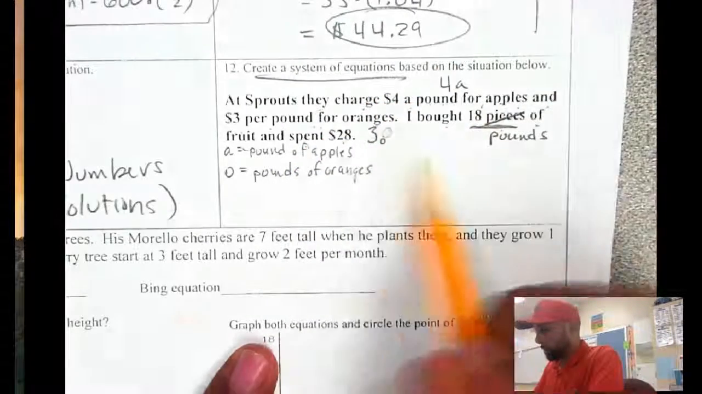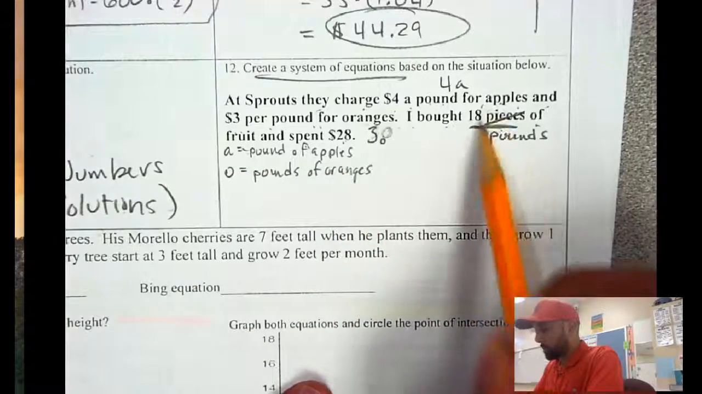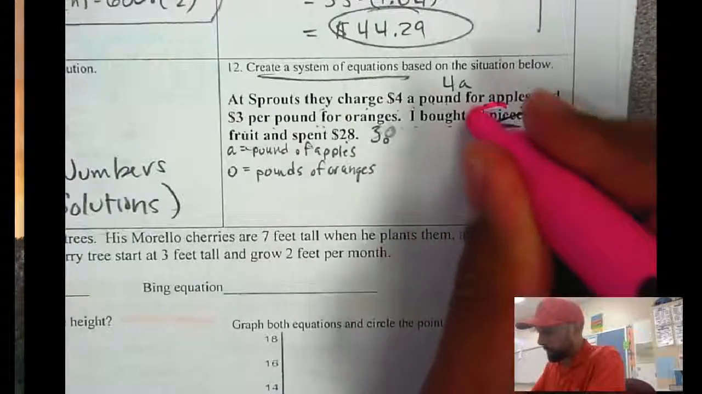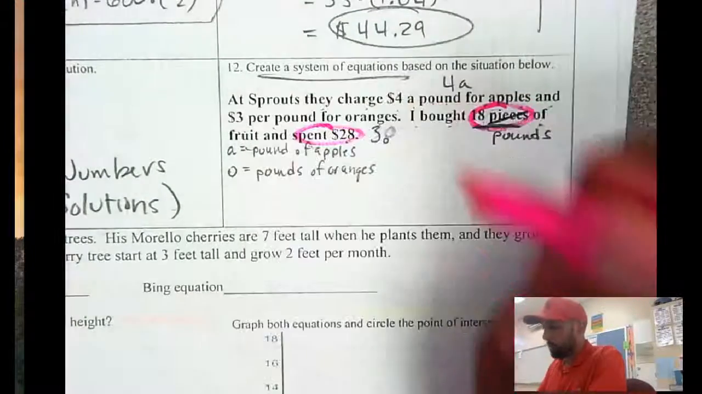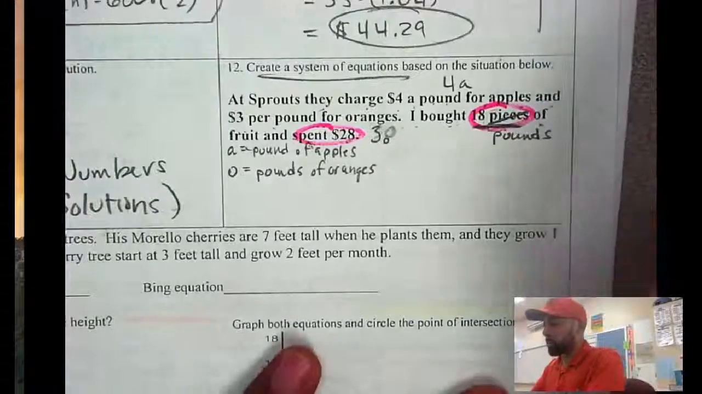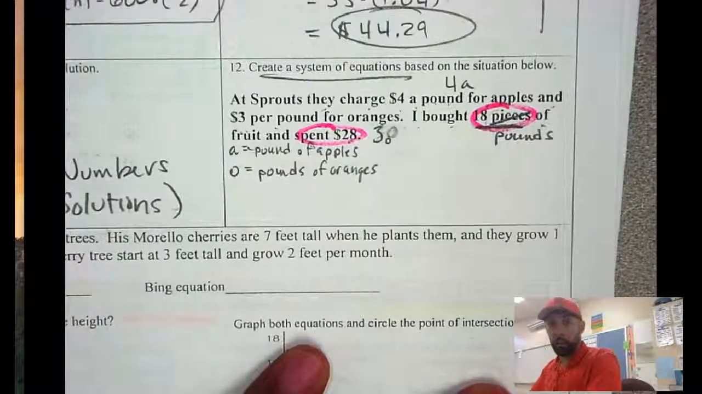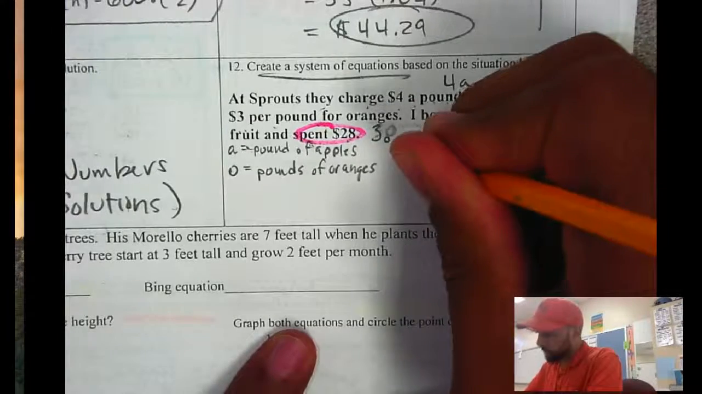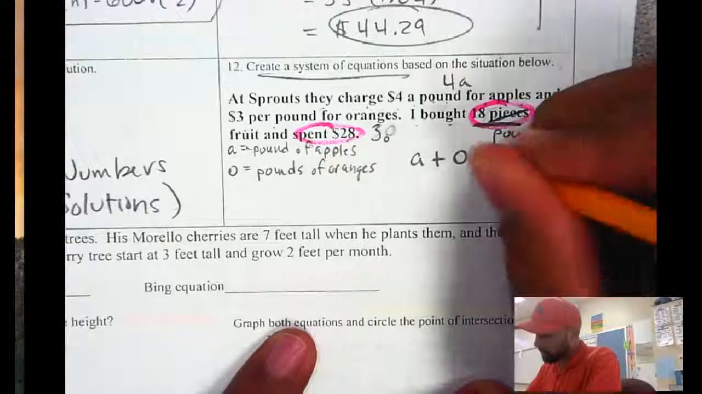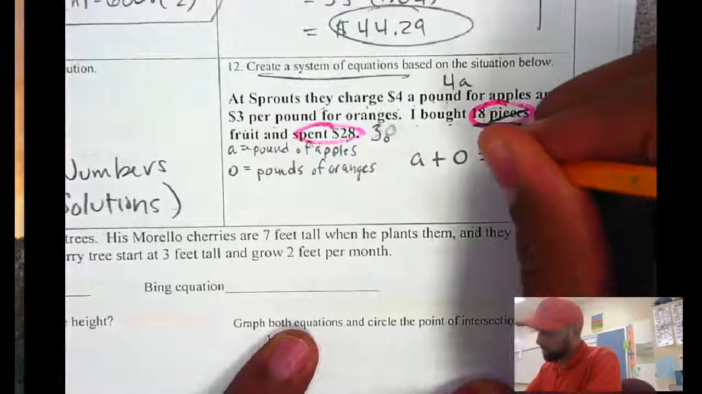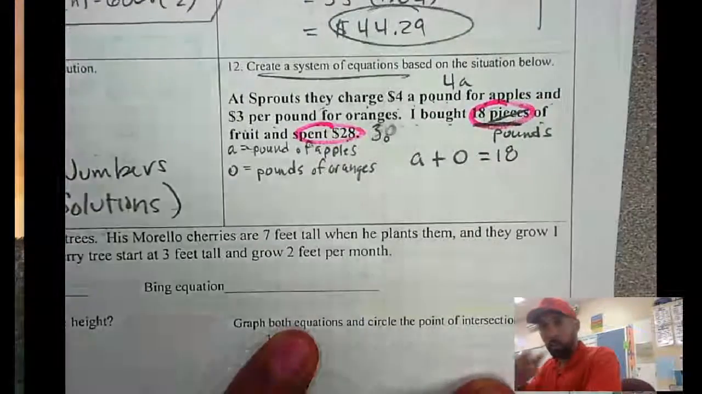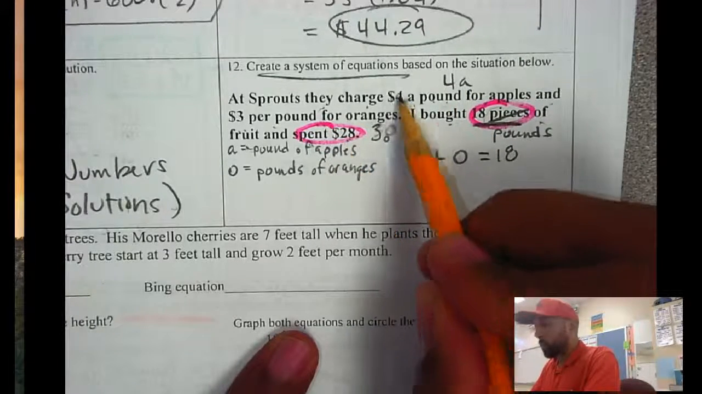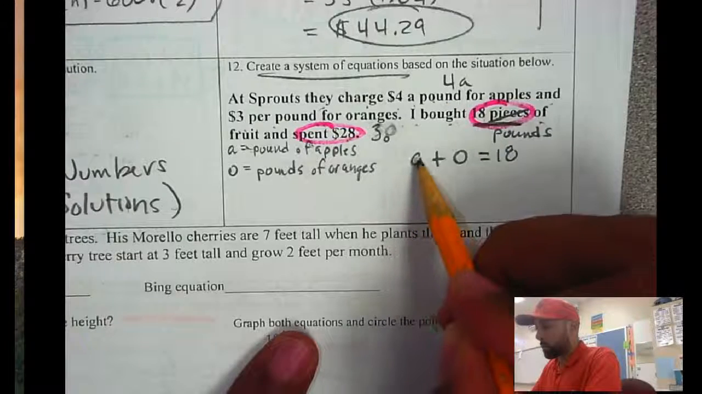All right, let's talk about the pounds equation. This last sentence is talking about the total: 18 pounds total, and $28 total. So we have a pounds equation and a money equation. First let's look at pounds. The pounds of apples plus the pounds of oranges is equal to 18 pounds. That one's simple. The next one is the money spent. It was $4 per pound, so $4 times the pounds